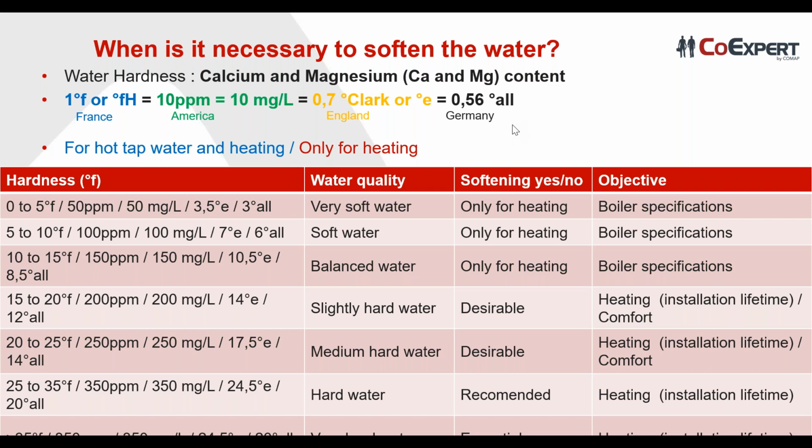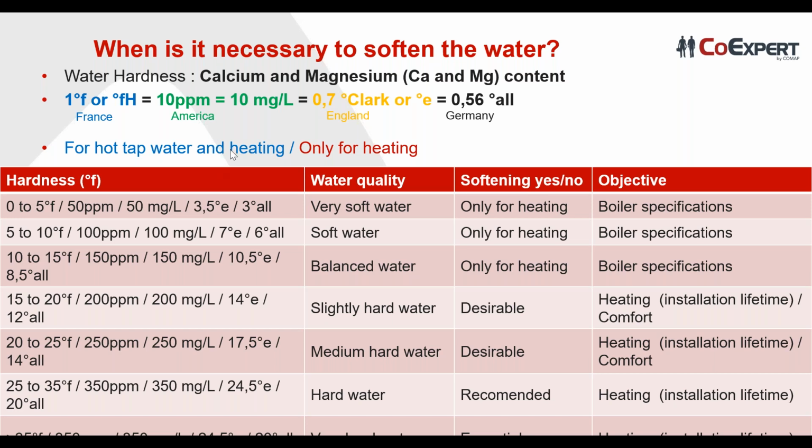Why is it different from one unit to another or from one country to another? It's because the hardness is not expressed in the same chemical product. That's why it's not exactly the same. For example, in France, it's calcium carbonate, and in Germany, it's calcium oxide. So the product is different, so the calculation is a little bit different, and the result is different.